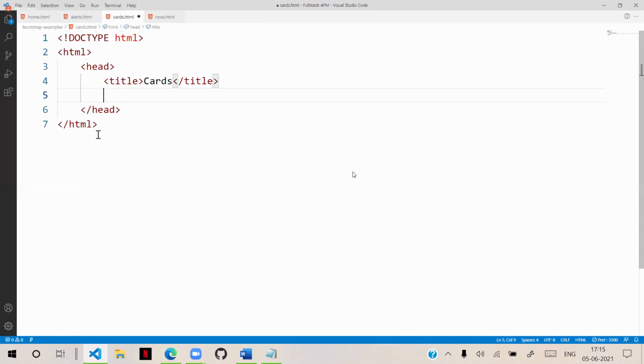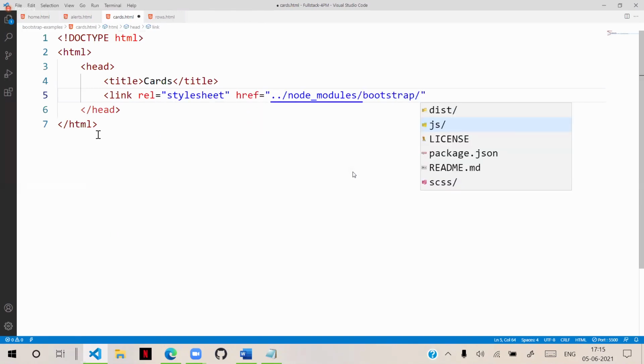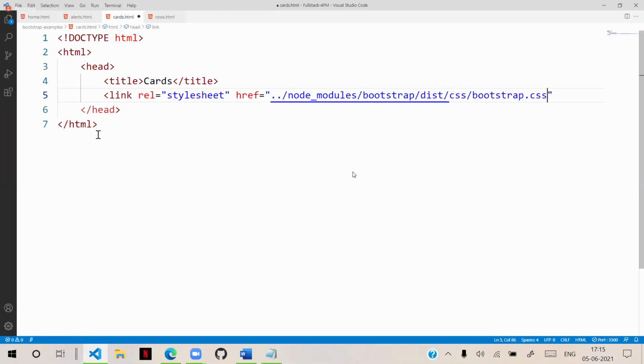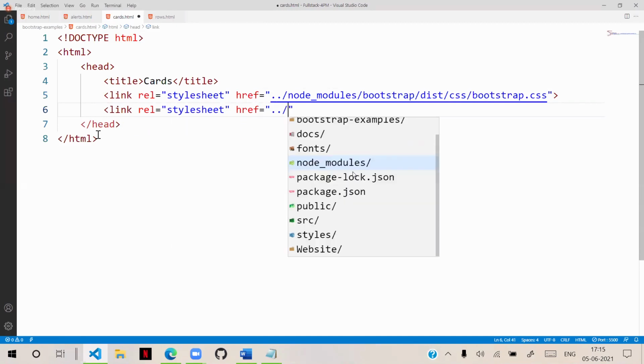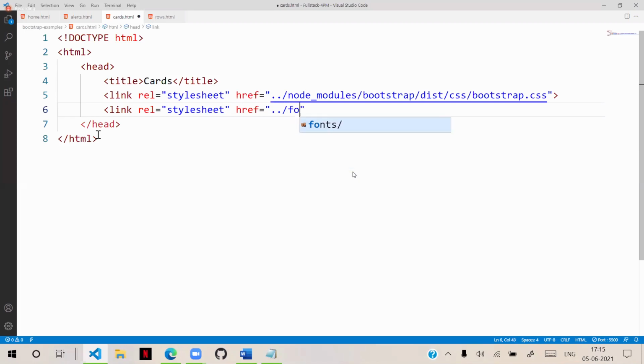Okay, and in the body section, here a link rel stylesheet, and the href is node_modules/bootstrap/dist/css/bootstrap.css, and we have another link rel stylesheet and href, node_modules fonts CSS.